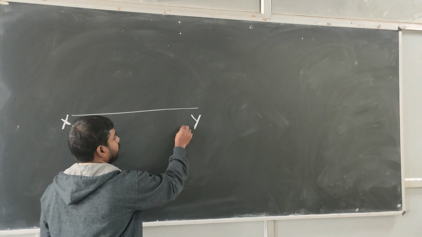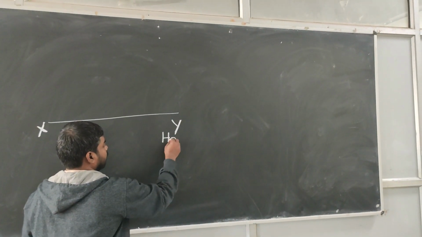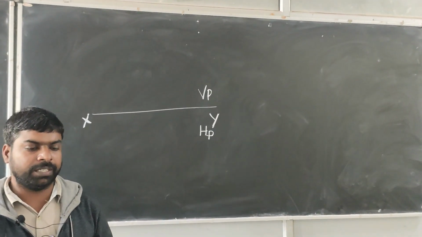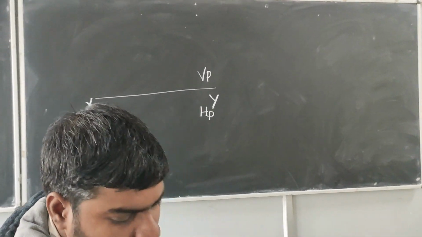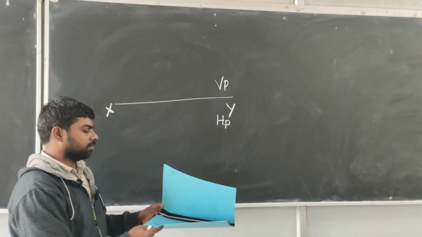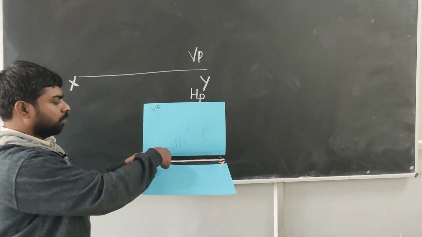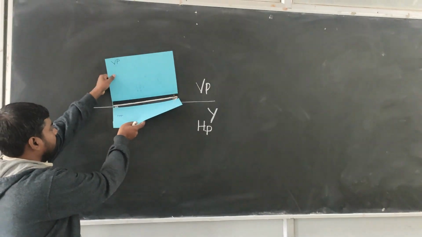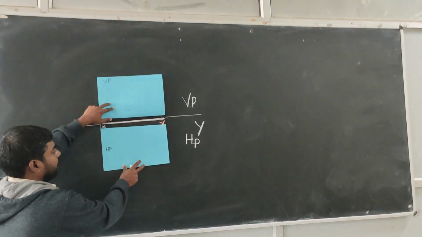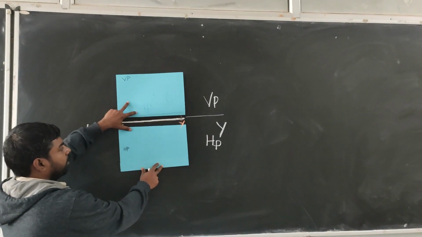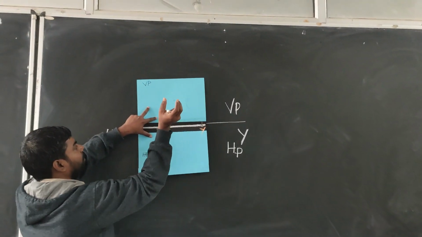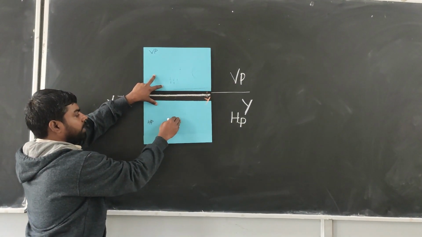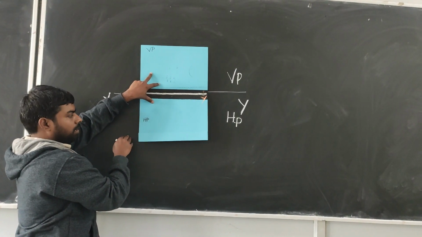Now you separate the plane. Bottom side is the HP and this will be VP. If you have any confusion, let's take this projection of the plane. Now it will be like this only, this is HP and this is VP. Now I am placing it here and I am going to rotate this plane like this. Whatever projections fall on this side will be drawn here. Whatever projection we see here will be drawn over here.